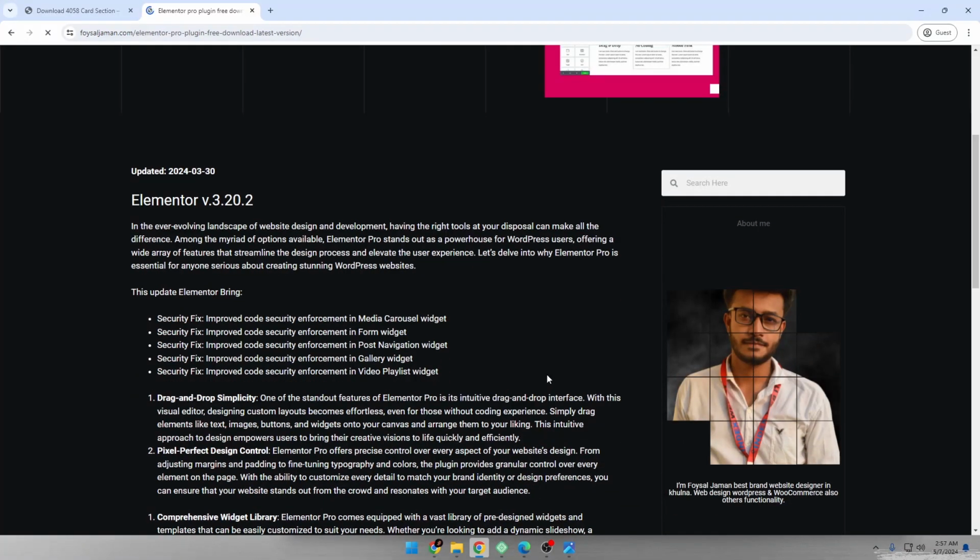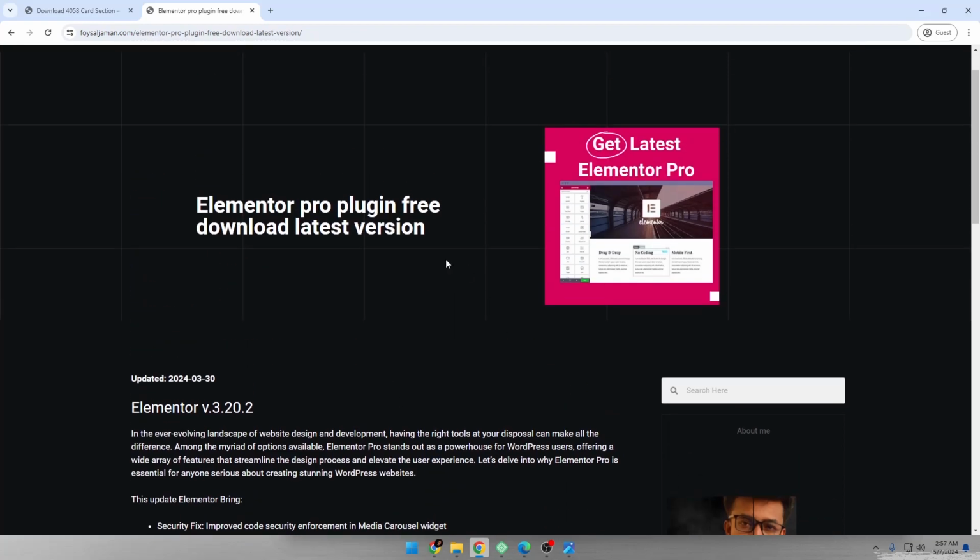But if your client is very cheap and doesn't provide you more money, you can use the GPL version with his permission. But if you actually need an Elementor Pro license key, I will also provide you a license key. If you use the GPL version, you can use this one, but if you need the license key of Elementor Pro,